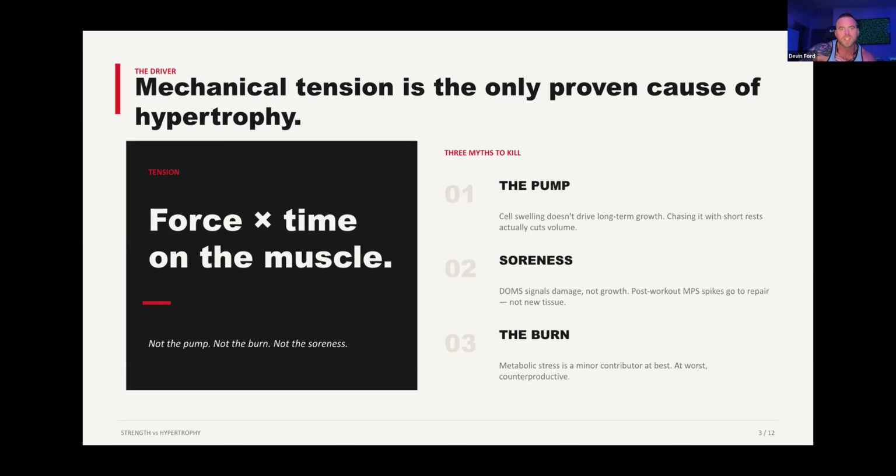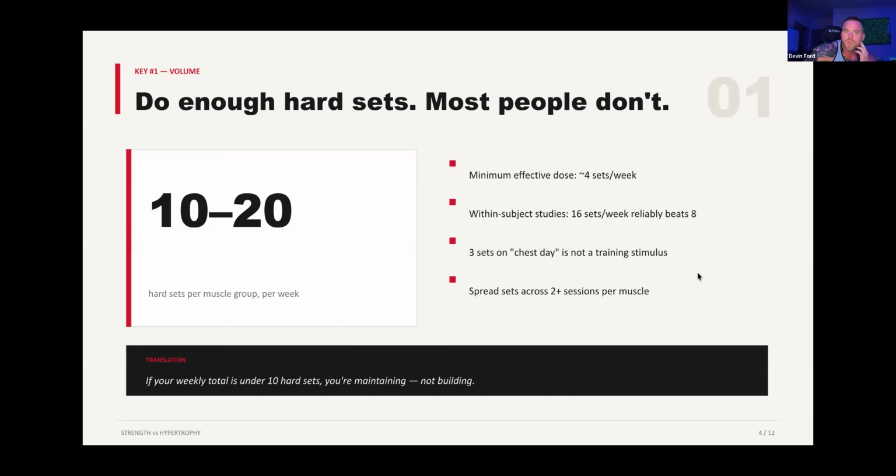Okay, force, the amount of force the muscle has to put out, and how long it has to do it. Okay. Now, what the fuck does that mean in practice, right? So what is force? Force means basically the percent of your 1 rep max that you're using, so over 60%. Okay. And then the time. So how long you're doing that set for. What most people don't realize is how close you have to get to failure and how many times you have to do that per week to actually grow.